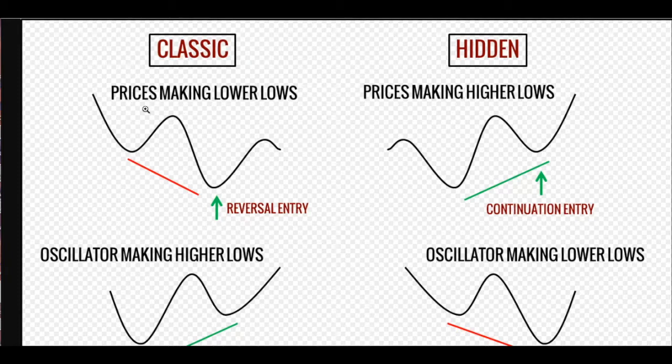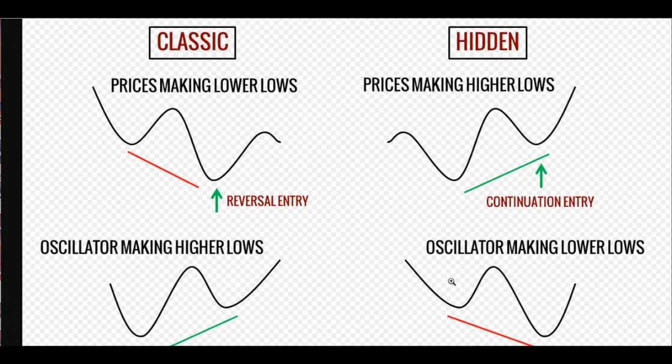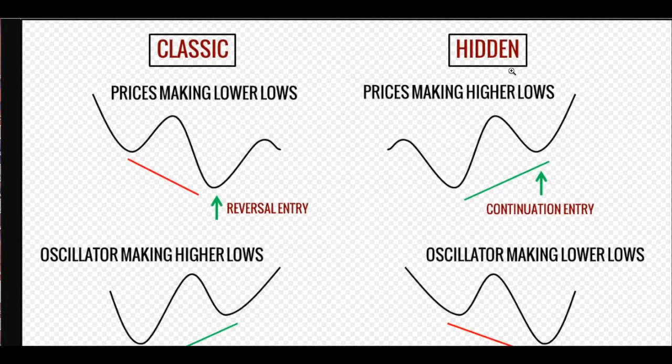If we were looking for a classic divergence and price was making higher highs, we would look for the top of the pattern to see our price moving higher and our oscillator moving lower. In the hidden divergence, you look at the opposite. So if price is moving higher, you actually look at the bottoms and see what's going on here at the bottom. So this is the classic representation of what a hidden and classic divergence looks like as far as price